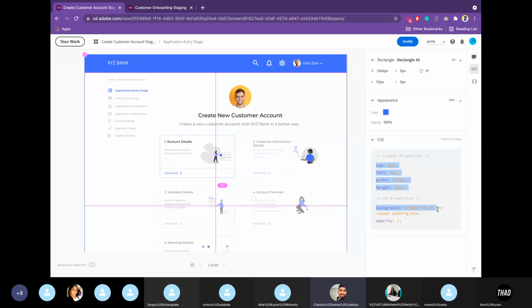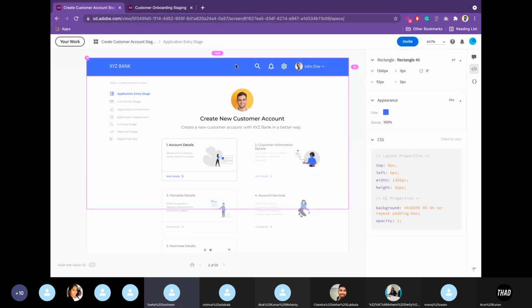Oh, Arun, one more doubt here. If the CSS part is already defined, then we can use the same CSS at the application level and build the same thing as it is visualized here. The same thing will be built in the UI layer, if I'm not wrong. Yes. See, we cannot take all the CSS properties. Only a few properties we can take. For example, here width is 300 pixels, and if we add the same 300 pixels, the page will not be responsive. So we need to ignore a few properties like width, height, top.